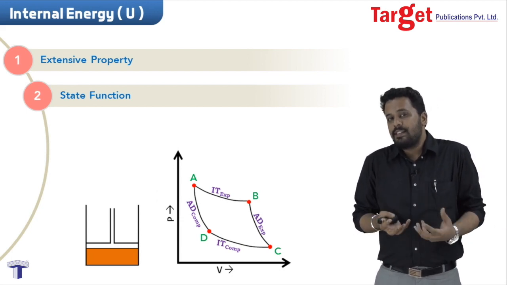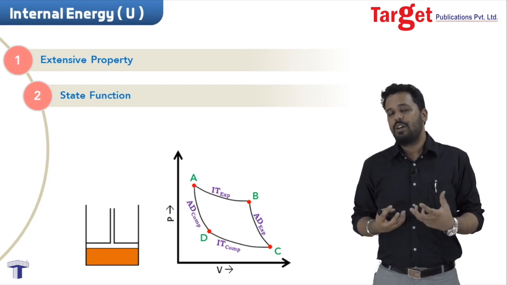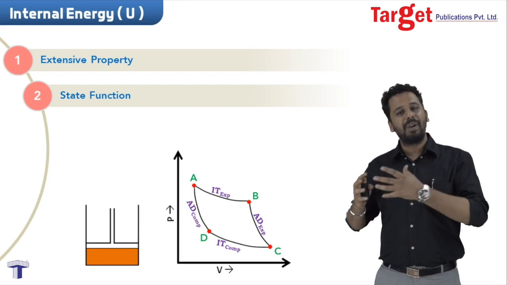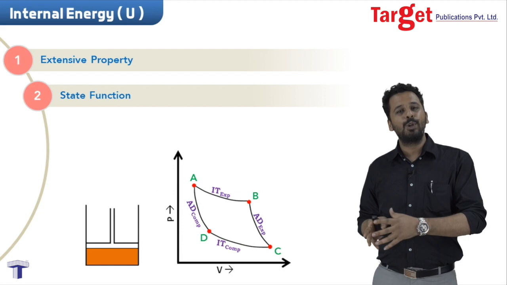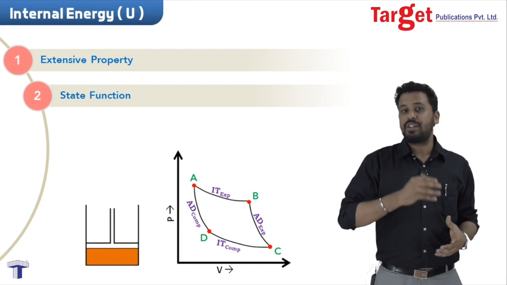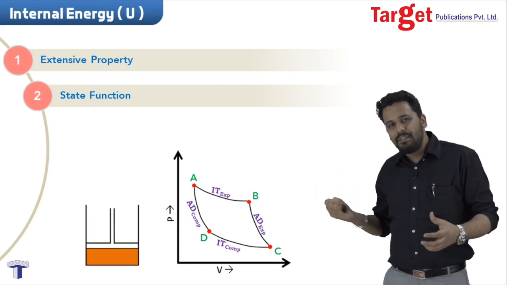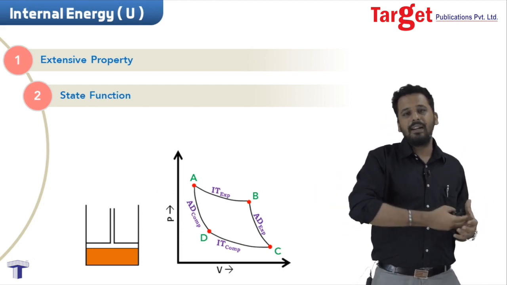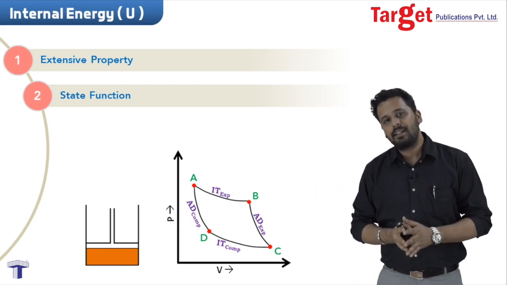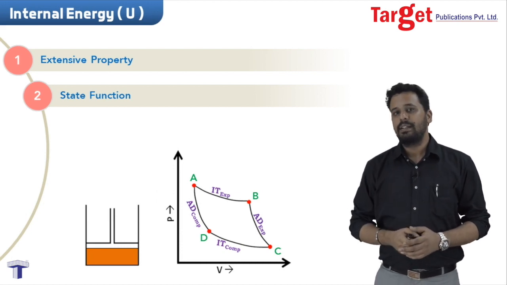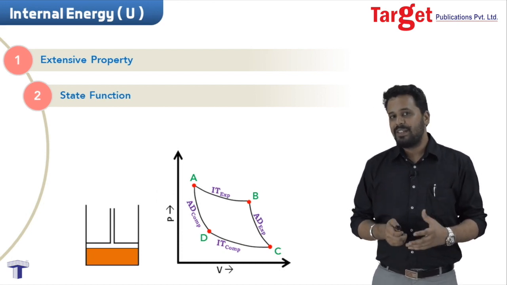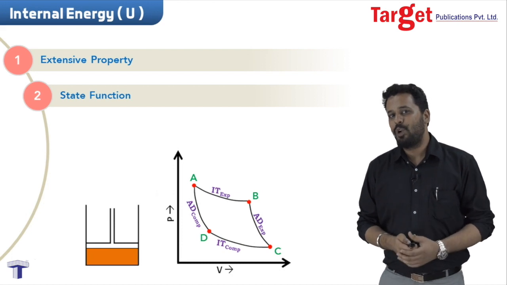So since the gas is back to its original state, original position, same pressure as before, same volume as before, same temperature as before. You did expansion, compression, it went away, did all sorts of things, and then it came back to its original state. The internal energy does not change, which means that it does not depend on the path followed, so it is